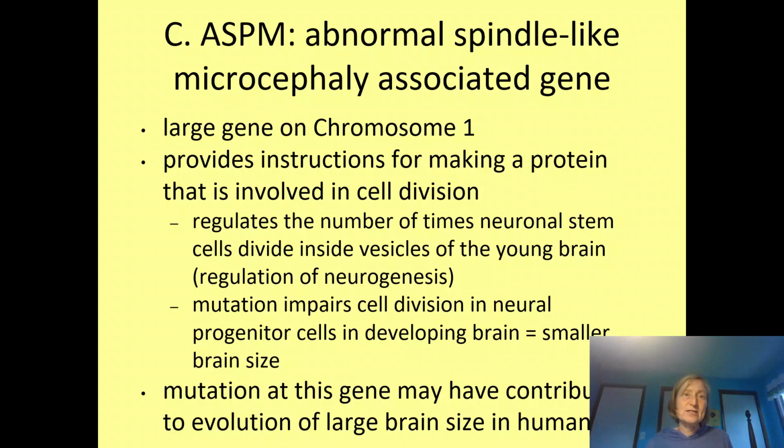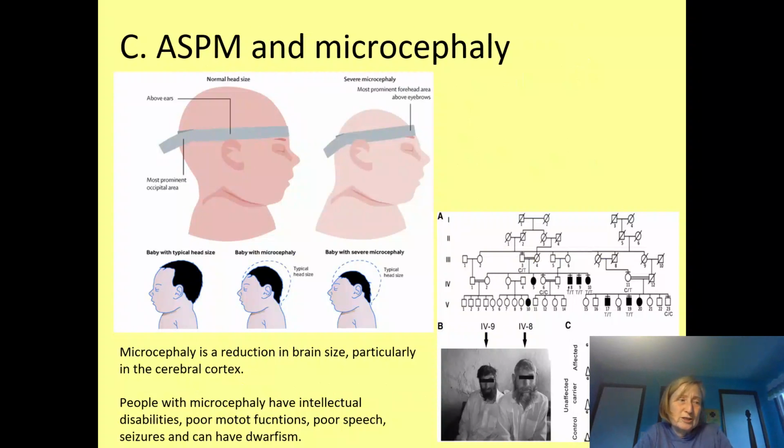And what researchers have found is there are a number of different mutations that are familial, found in families, that contribute to the genetic inheritance of microcephaly, if you will, because they're mutations in a single gene, this single gene, that contribute to the size of the brain. Wow, a single gene that contributes to a huge effect on brain size. That's pretty interesting. And researchers are really interested in it because